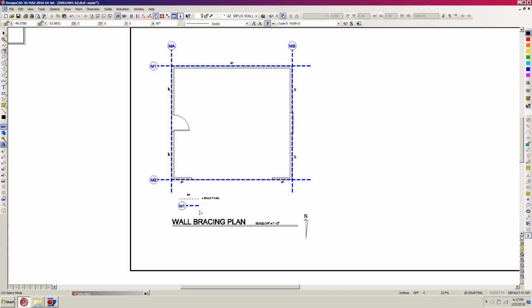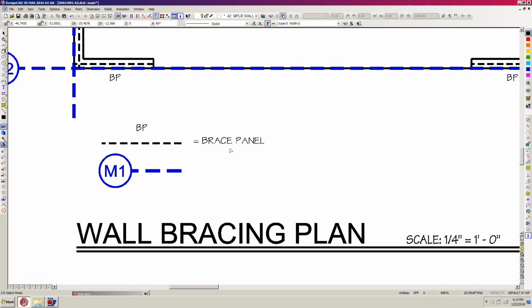So now I'm going to hit Z for zoom and zoom up on this, and I'm going to just cannibalize this text. So I'm going to select the brace panel text, set a selection handle on the end of the line here, on the right end of the line, and right click to it, hit my scroll button to initiate the command, hit N to duplicate, and just bring it down here and right click on the end of this bigger dashed line. So now I'm going to hit escape to unselect the brace panel,